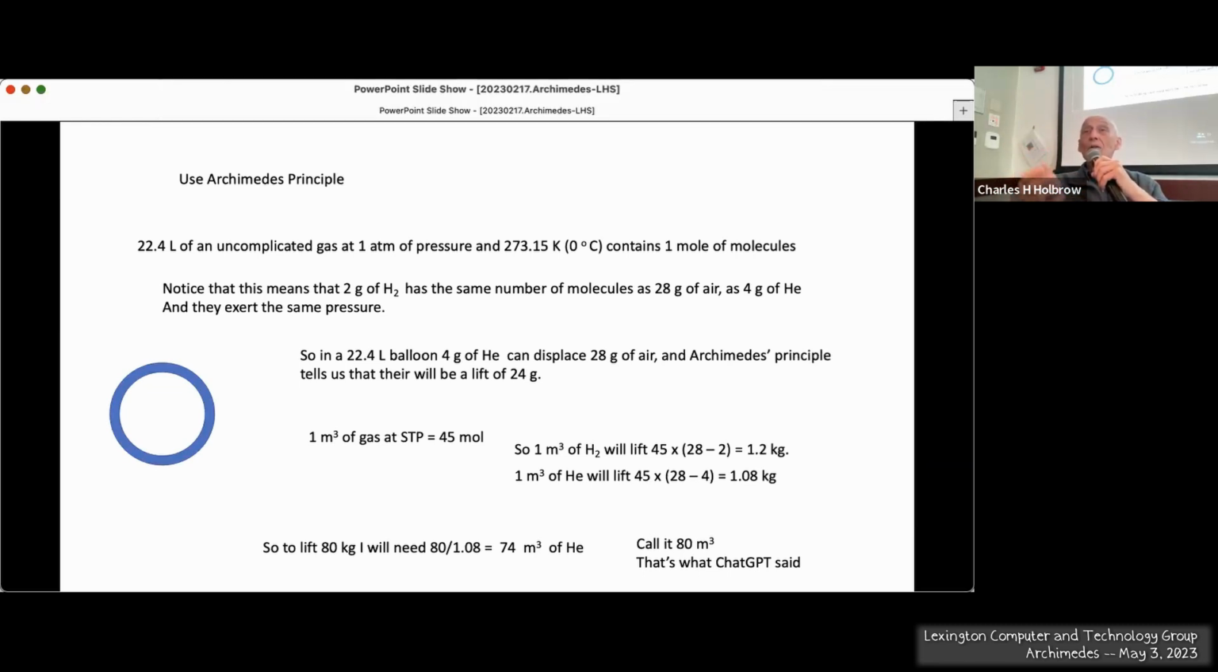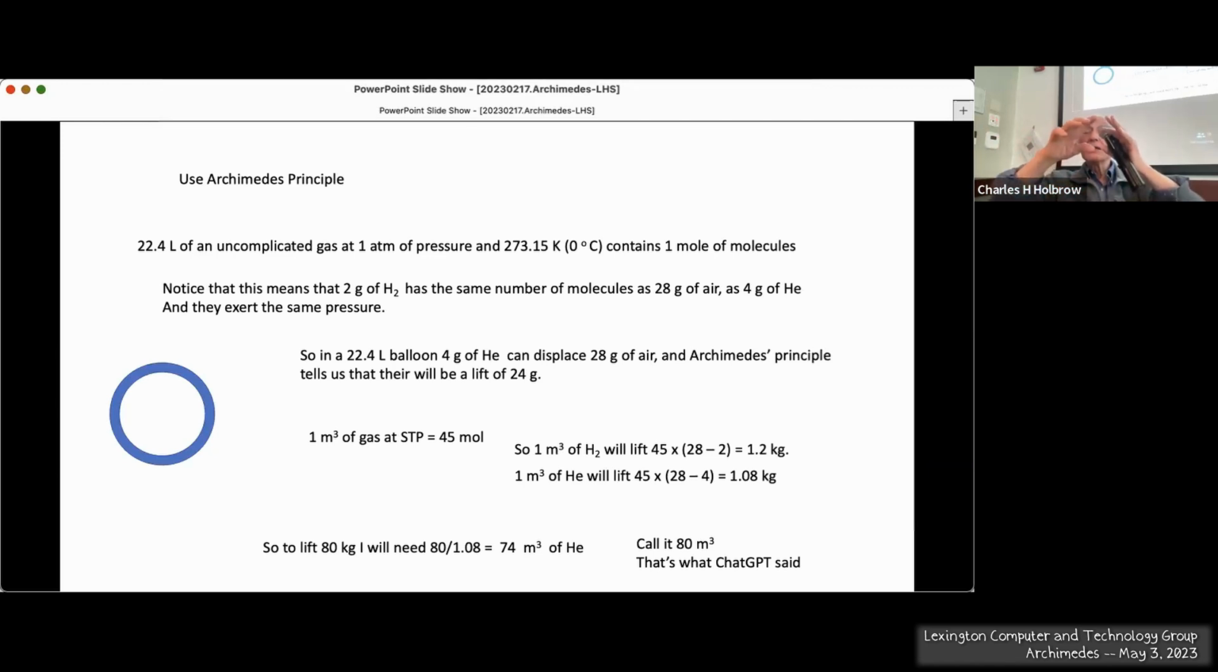A mole, 22.4 liters of helium, has a mass of 4 grams. So now you can see how you might get buoyancy out of this, because they have the same pressure. A mole of these gases in a container exerts the same pressure on the walls, even though they have much less mass if it's hydrogen or helium than if it's air or carbon dioxide. Anyway, so you notice that